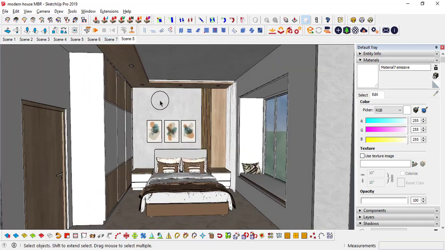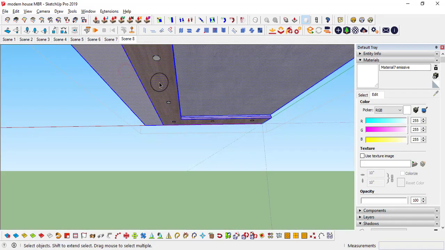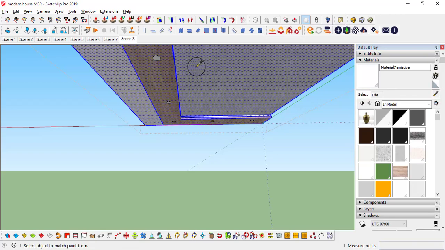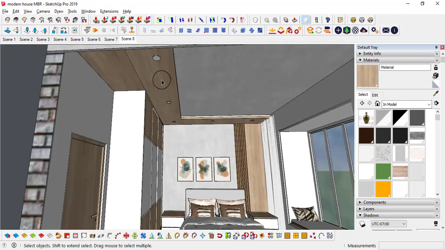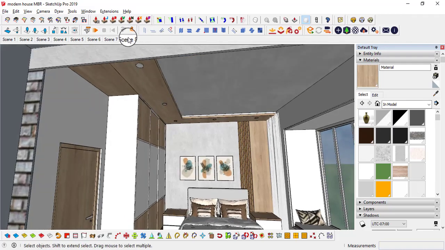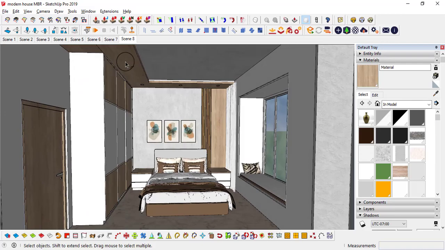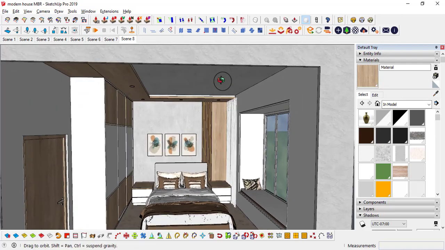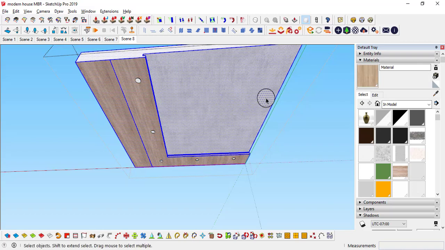And so if you want, here also you can apply the same. I will do this one. I will apply the same wood material over here. Why? Here it is visible, right? That's what. So from this scene, probably it is going to be visible. That's why I just applied the same material over there. And so over here again,